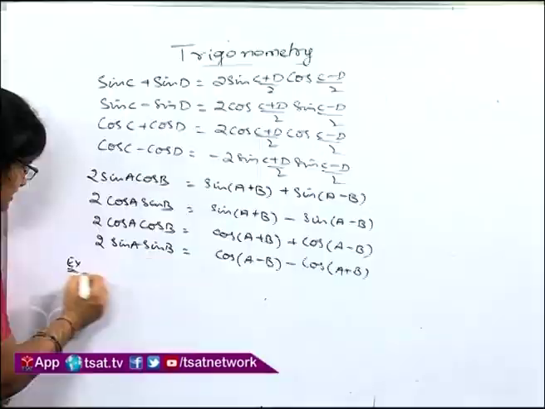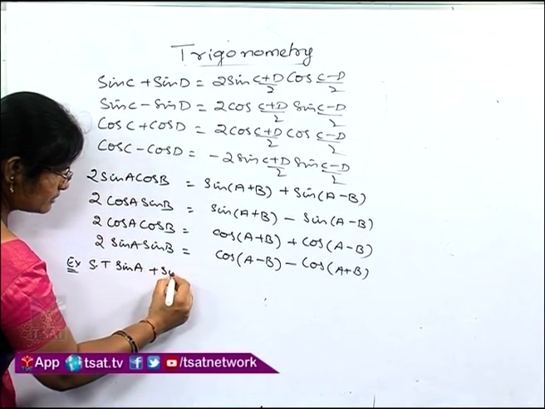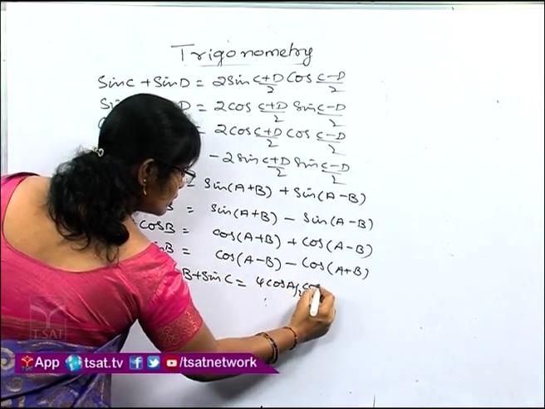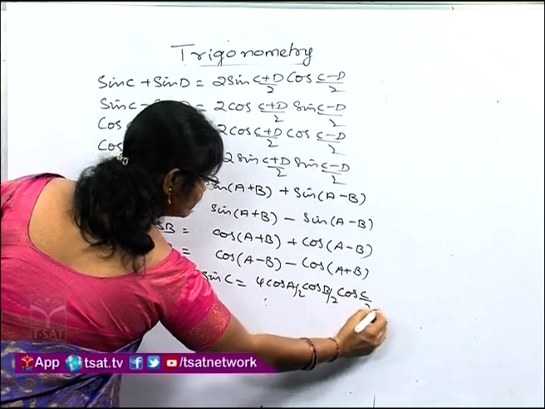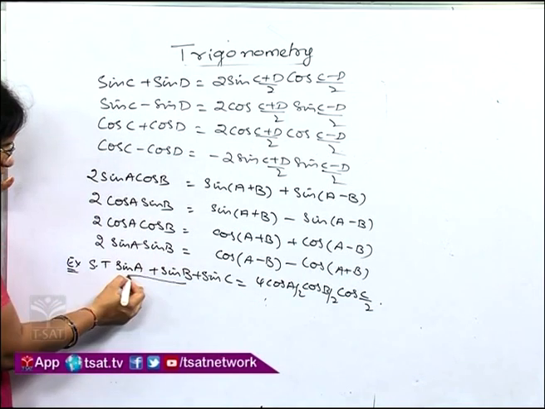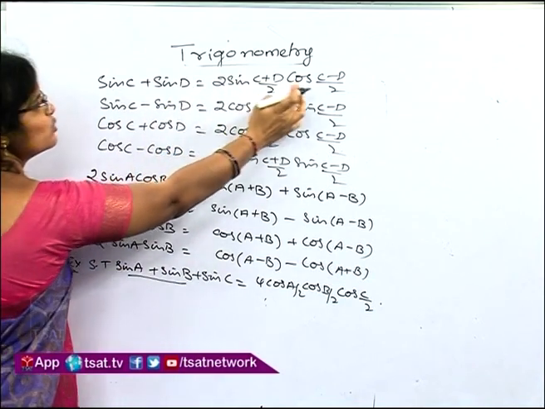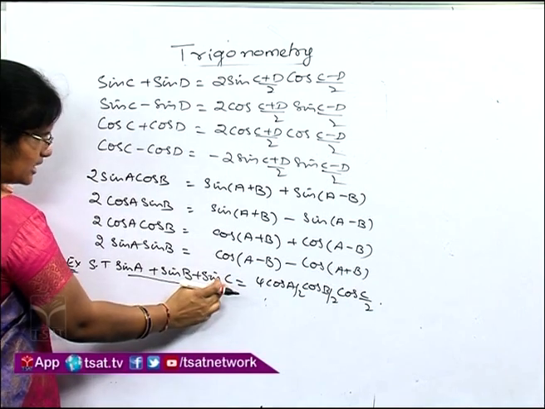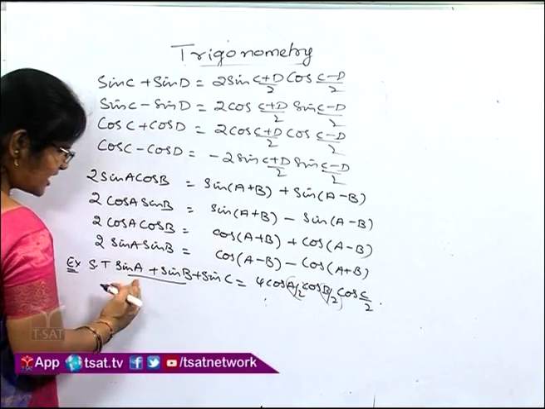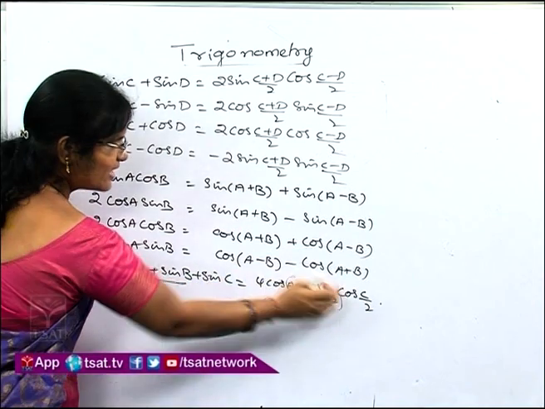Suppose one example I want to show: sin A plus sin B plus sin C equals 4 cos(A/2) cos(B/2) cos(C/2). So here we will consider LHS and prove RHS, children. First, we will write the formula for the first two terms, sin C plus sin D. We know the formula, we will substitute here, and for sin C we will use half angle formulas, because half angles are there, no children. Always remember, if you observe the question carefully, if A, B, C are there, then half angles will come.